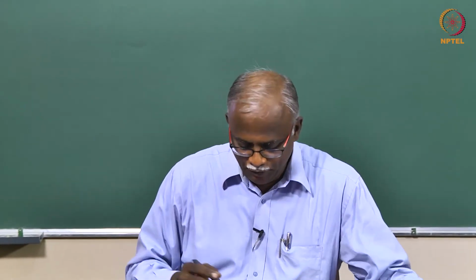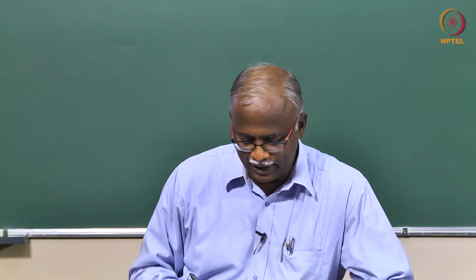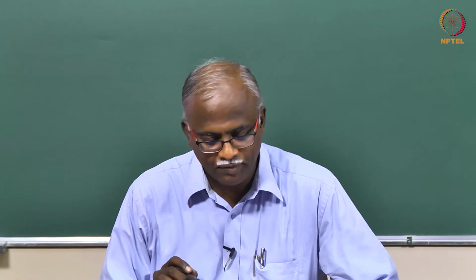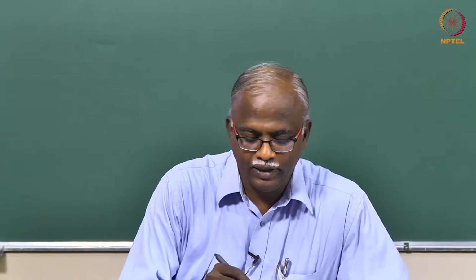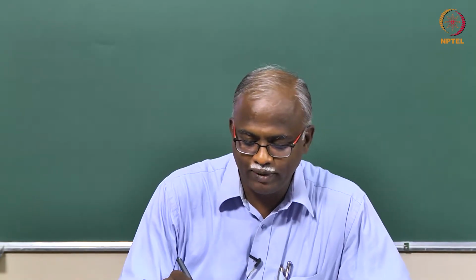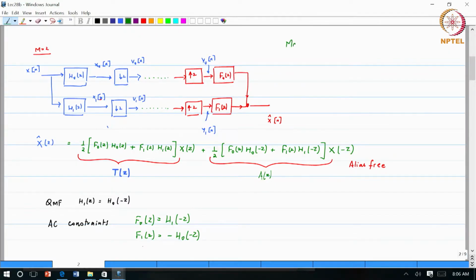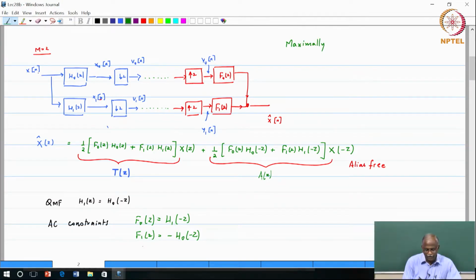So there were a few questions after the lecture yesterday, so I thought I would just clarify. We are looking at a two-channel maximally decimated filter bank. The first question is, why maximally decimated? Maximally decimated basically means that whatever is your input sample rate, number of samples per second, will be the net sample rate across these different subchannels. If you did not do the downsampling by a factor of 2, you can find that if you split it into two channels, the number of samples per second will go up. So maximally decimated,